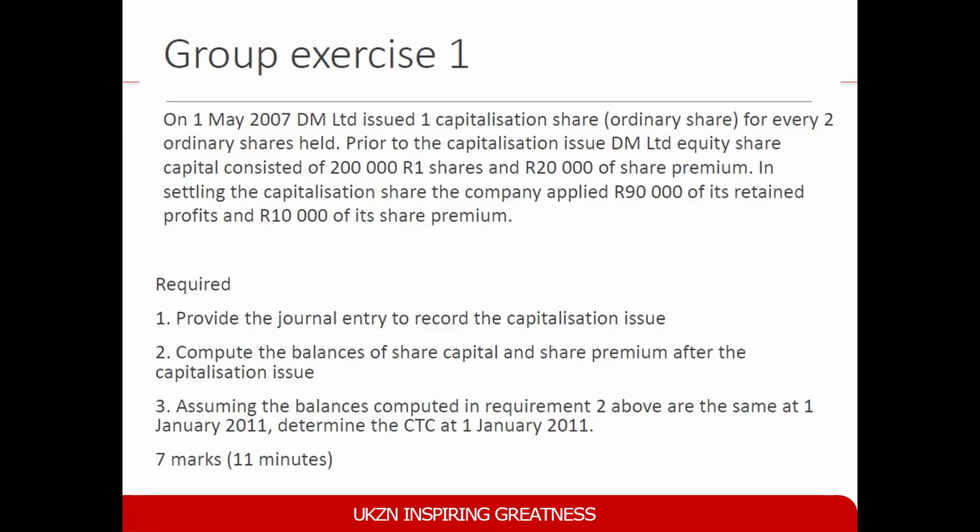Now let's read here. Provide the journal entry to record the capitalization issue. So we need to record the capitalization issue. What is the capitalization issue? They actually applied 90,000 of its retained earnings and 10,000 of its share premium. So the share premium is reducing now from 20,000 to 10,000, meaning it's 100,000. They apply this capitalization issue. It's just that it's not clear whether it is 1 share, is it